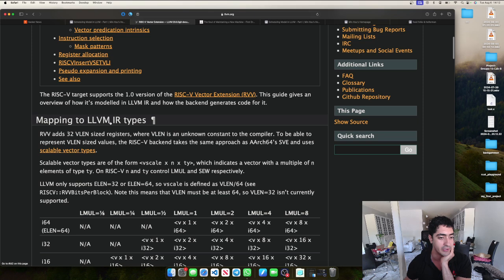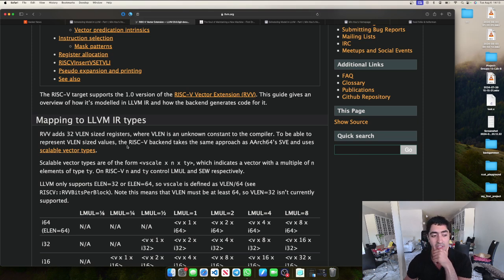Mapping to LLVM intermediate representation types. RVV adds VLEN. Not sure what that is, where VLEN is an unknown constant to the compiler. To be able to represent VLEN-sized values, the RISC-V backend takes the same approach as